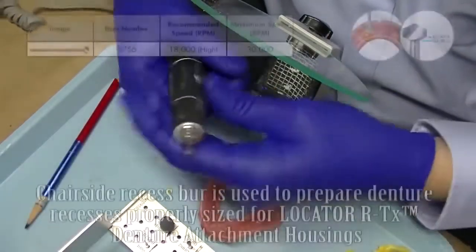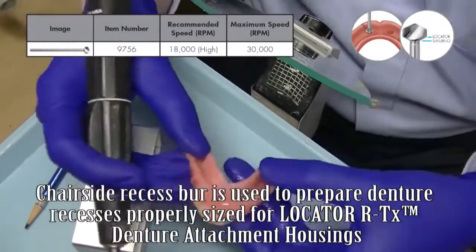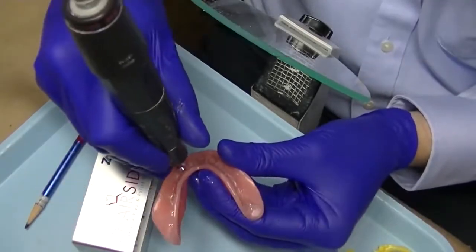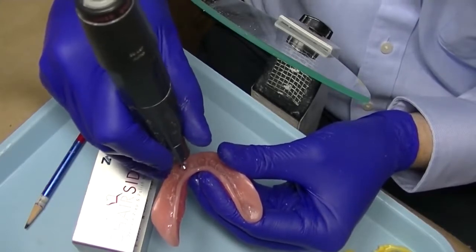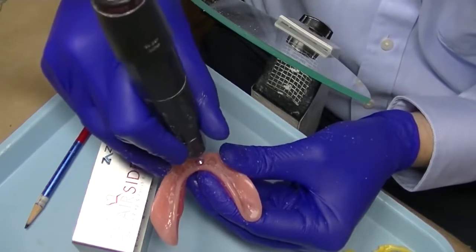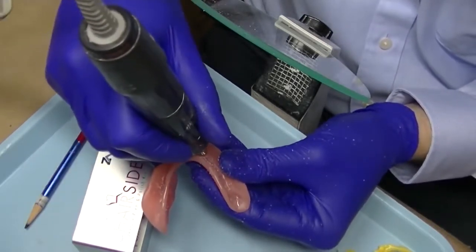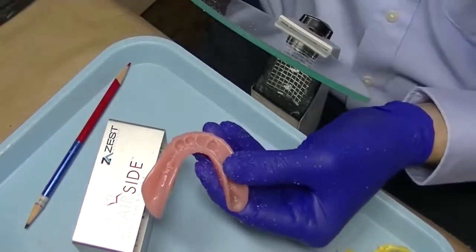Any areas of show-through are very easily adjusted and modified using the chairside recess burr. The recess burr is perfectly sized both in depth and in width to correspond with the Locator RTX denture attachment housings. Taking the burr in a standard laboratory or clinical handpiece, inserting vertically into the denture at high speed will